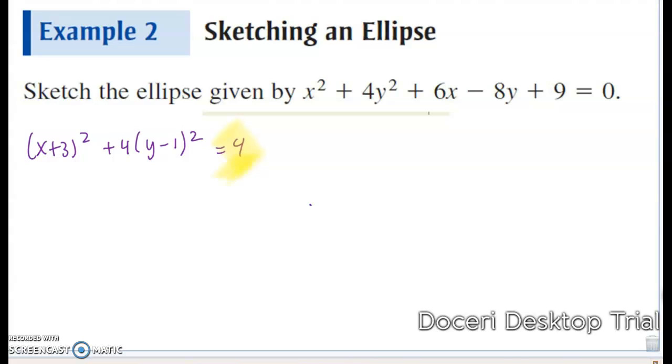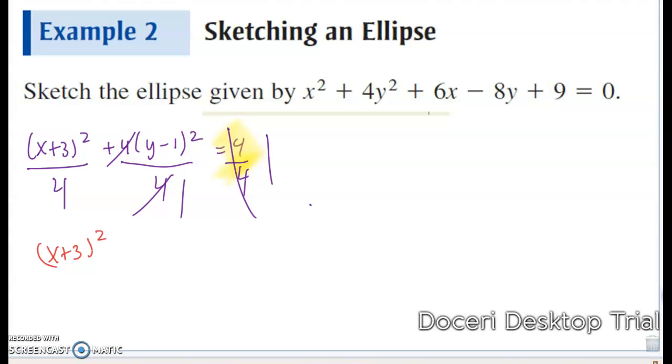So we're going to divide everything by 4, and this becomes 1. Then our ellipse looks like this: (x plus 3) squared over 4 plus (y minus 1) squared over 1